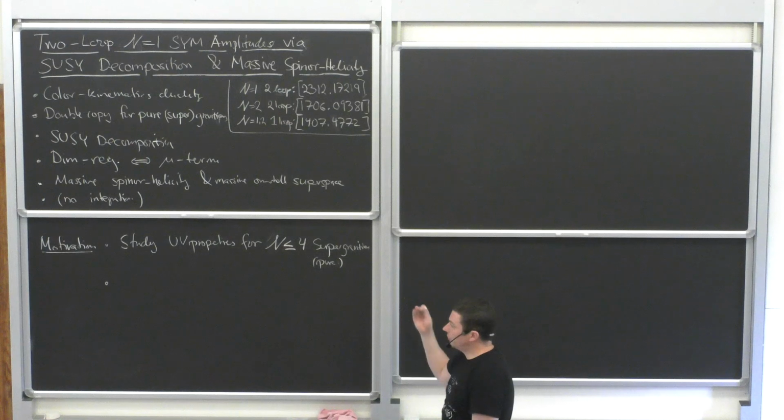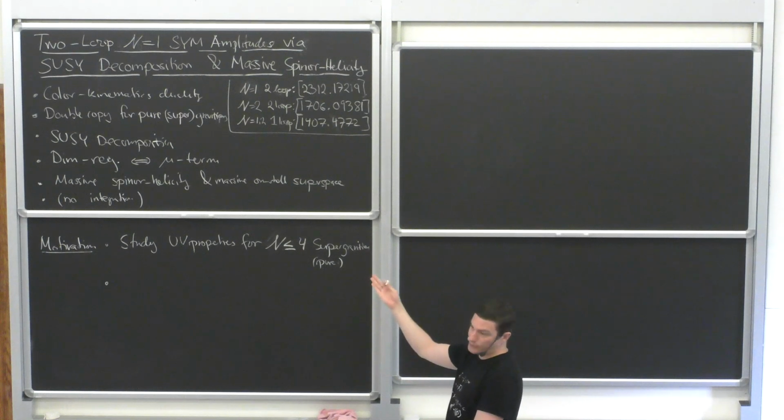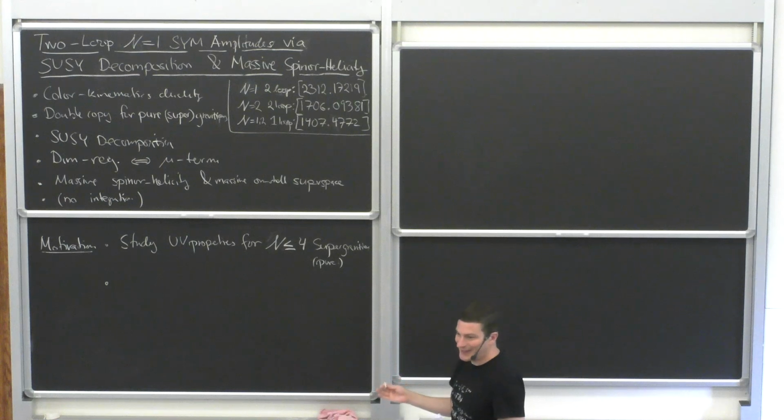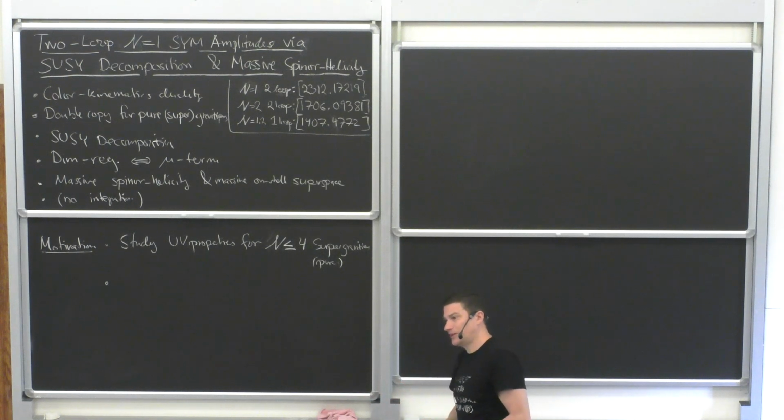I could also go to higher loops, in higher dimension at 2 loops. So that's one of the motivations actually. So that's actually why I want to do dim-reg. Basically, I just want to compute where I can and check if there's a UV divergence or not. And this could depend on loop order and dimension typically, right? And the number of supersymmetries, yeah. So that's what I mean by study.